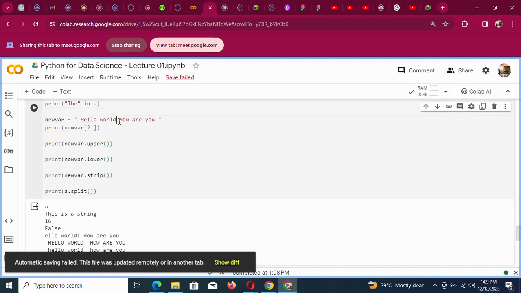Either we can put a comma, or with this exclamation, I'll put dot split, then a string of the exclamation. What it will do is split the variable into two after the exclamation mark. So when I print it this way,